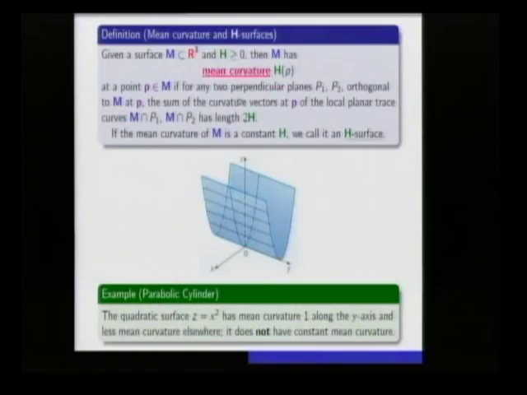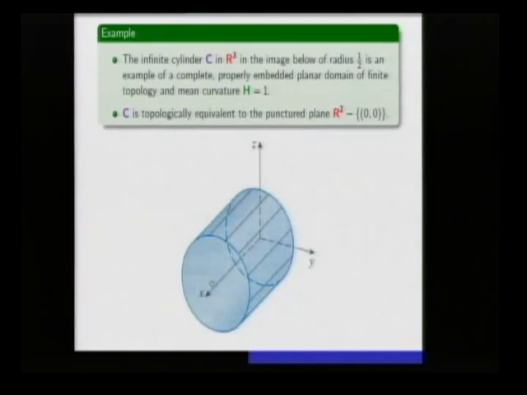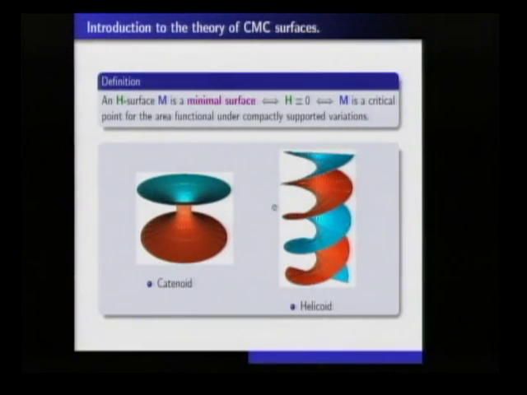nice sort of results. Okay, so of course, we have our classical examples. Keep in mind, a sphere of radius r has mean curvature 1 over r. The normal curvatures are each 1 over r, and you have two of them. You divide by 2, you get the mean curvature. And we have the cylinders, another one of our great classical examples. It's kind of an interesting non-compact example of constant mean curvature, 1 if you make the radius of the circle 1/2. So that's a good example.